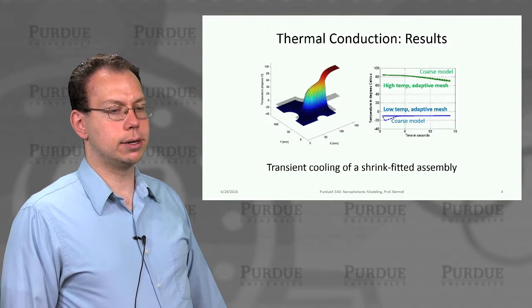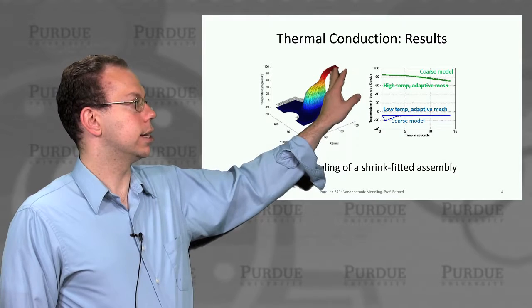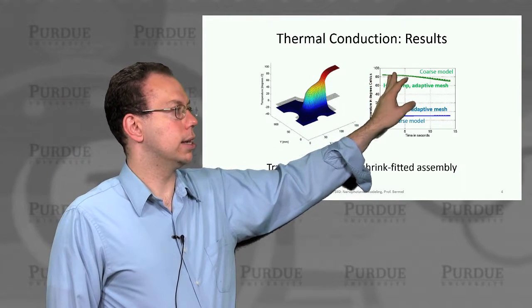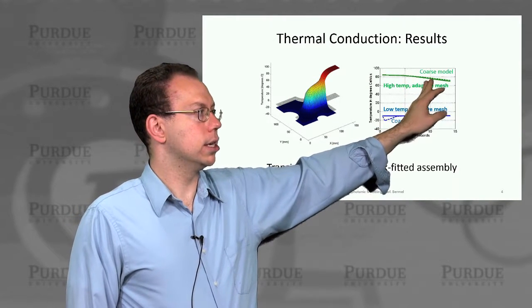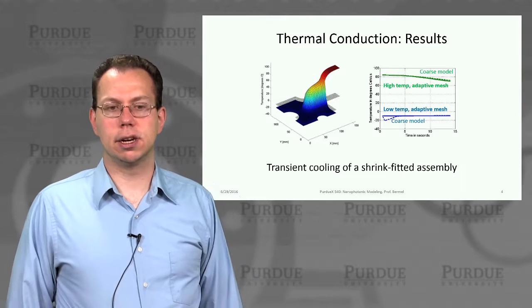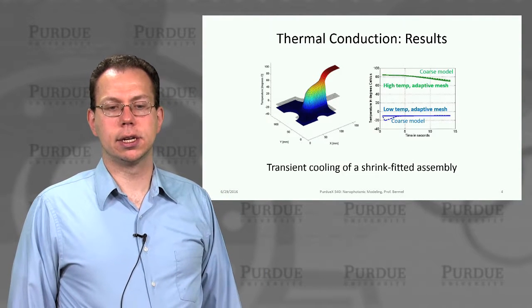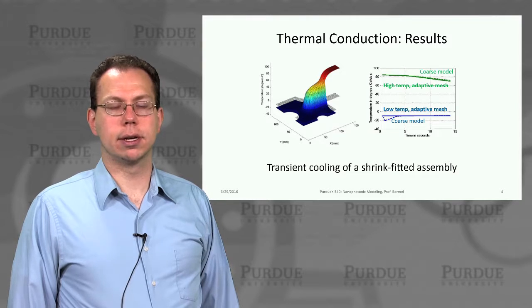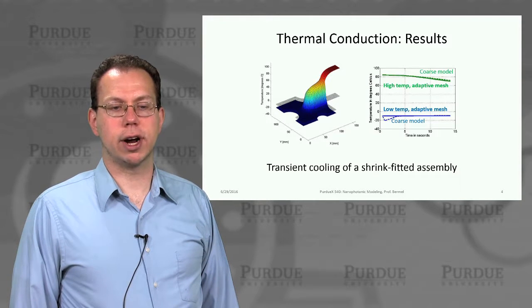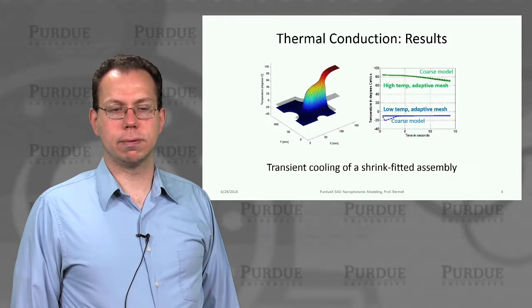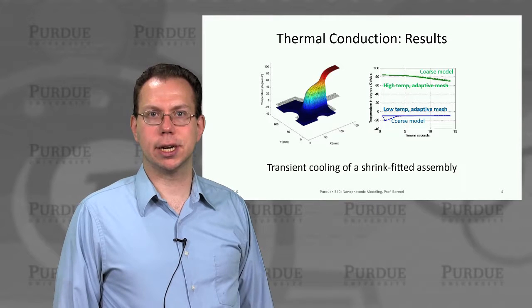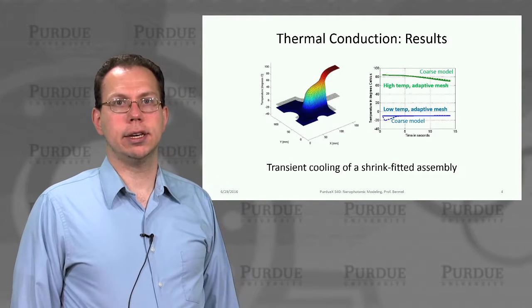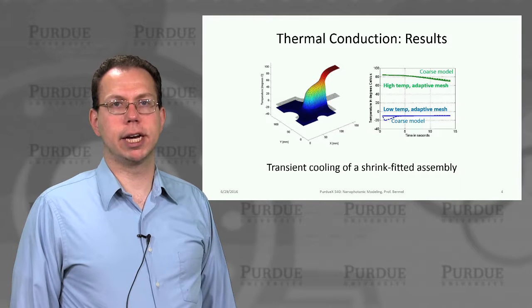Now, if you look at the coarse model on the high temperature region at the top here, then you can actually see that it's very accurate at the beginning because the boundary conditions are set correctly. But then you do start to see a small deviation from the adaptive mesh at long times as it cools off a bit. But since the cool off is more gradual, then the coarse model doesn't perform as badly. So what it actually tells you is that if you're doing a transient cooling simulation, then the accuracy of the mesh or the fineness of the mesh is not necessarily just a single value.